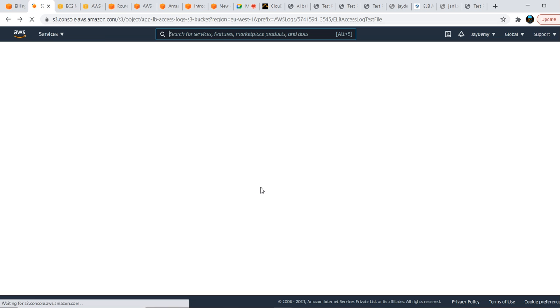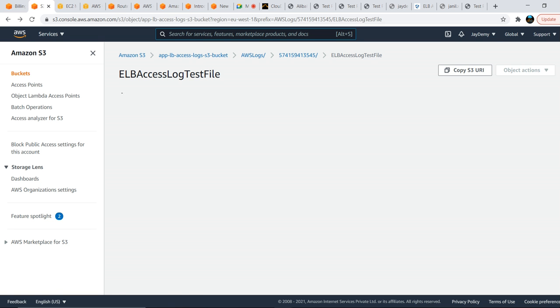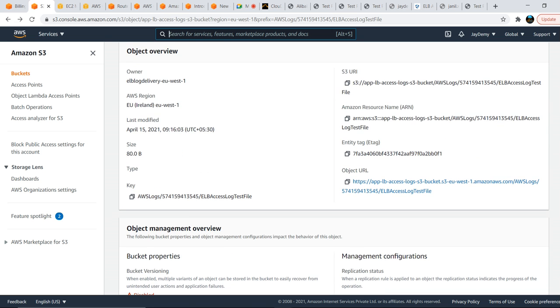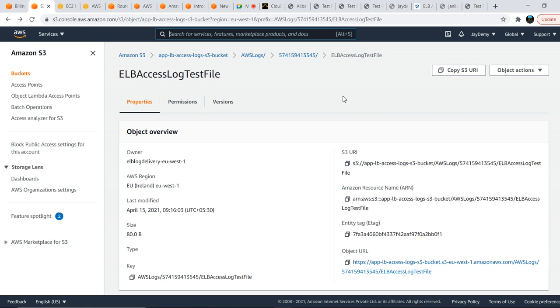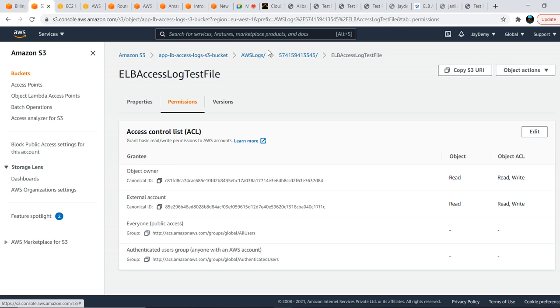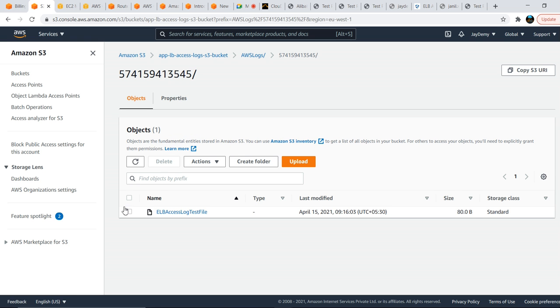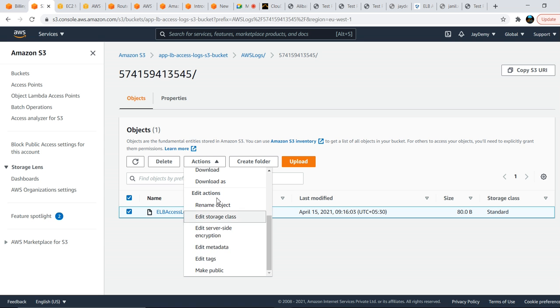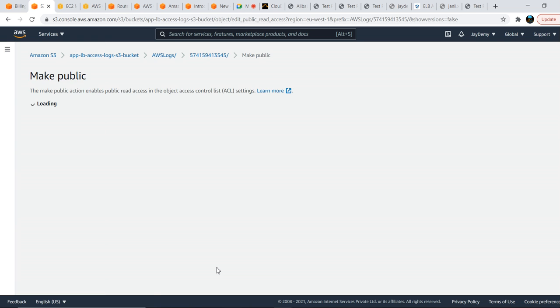Okay, I'll make that one public and we will access it. Permissions, let us navigate to this, choose this file, and actions, make public this file, just for accessing.